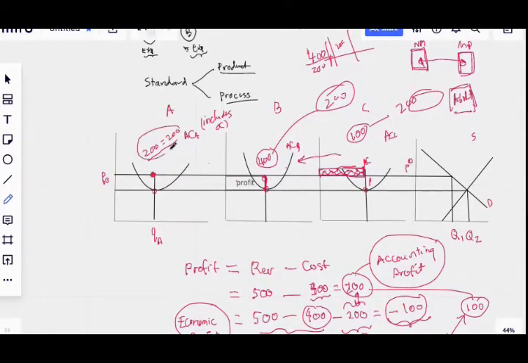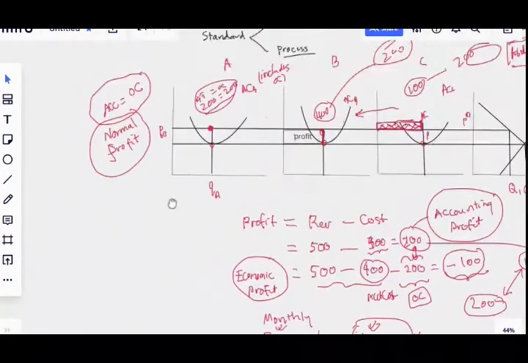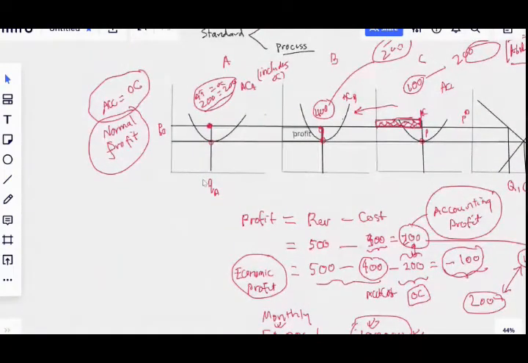What is this? Your accounting profit is equal to your opportunity cost. So this is your accounting profit and this is your opportunity cost. Economists call this normal profit. So we have a name for it. It's not a loss, but it is a normal profit. What's a normal profit? If you do anything else, you'll earn exactly the same amount of money. And it is the opportunity cost that eventually drives him to do whatever he wants to.